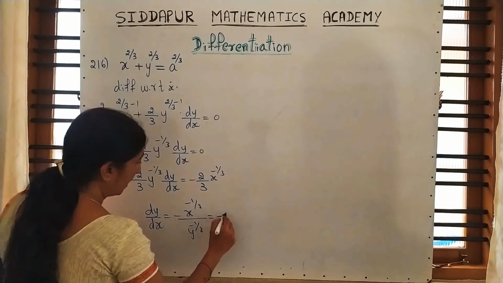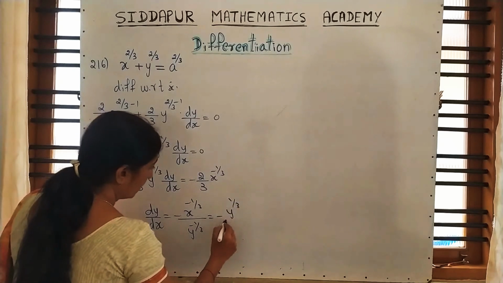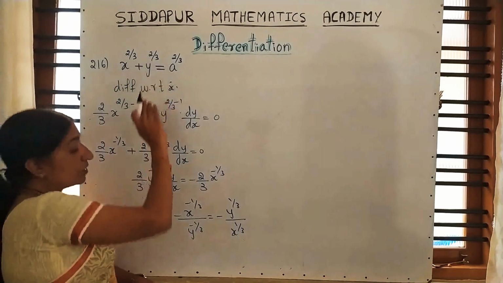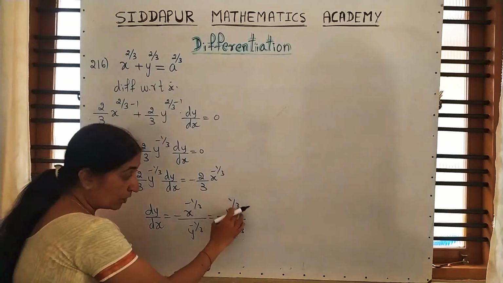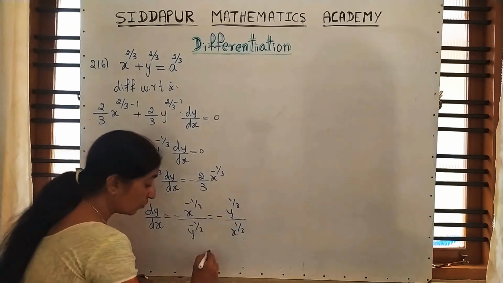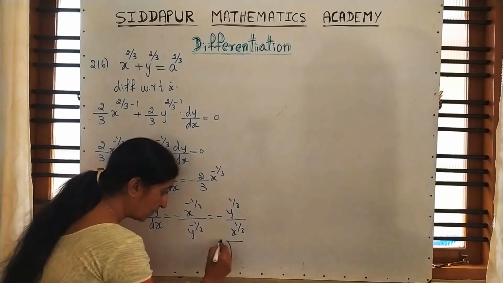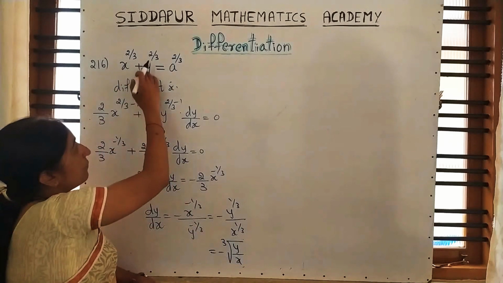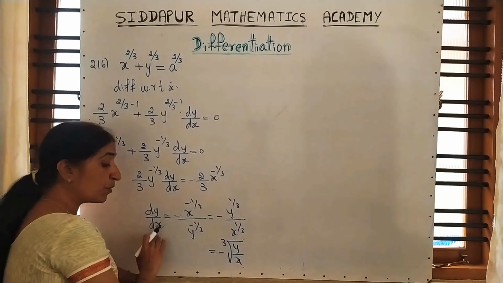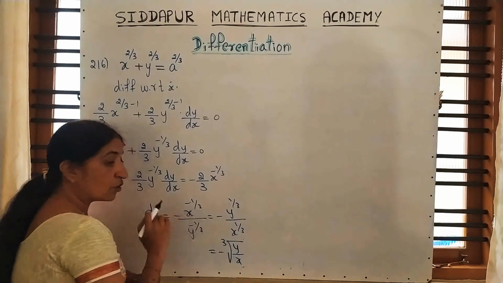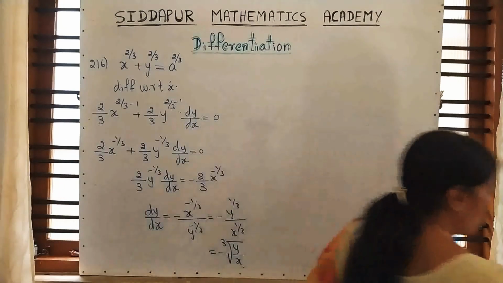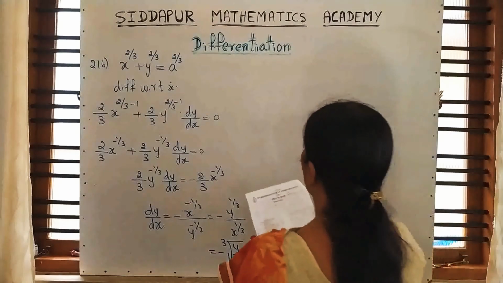Or you can write it as this. See why I am writing like this: in one question they give you this and ask you to prove something. Both have the cube root, 1 by 3 is the cube root. You can write it as this, because in one of the questions this is given and they ask to prove that dy upon dx is equal to minus cube root of y by x. In this type they are asking. That's why I wrote that answer. Moving to the next question.